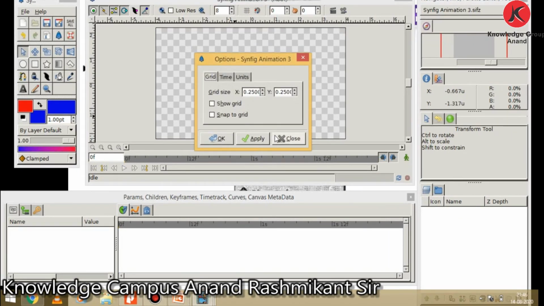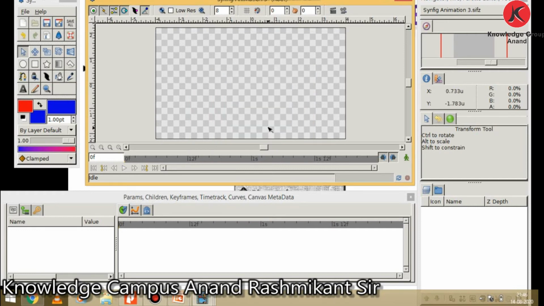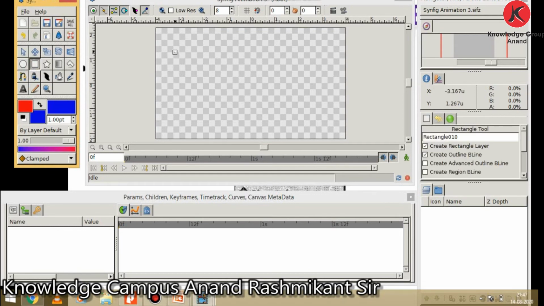We can use the rectangle tool in the same way. It is used to create a rectangle layer. To draw a rectangle, select the rectangle tool and click where you want any corner of the rectangle, then drag it.